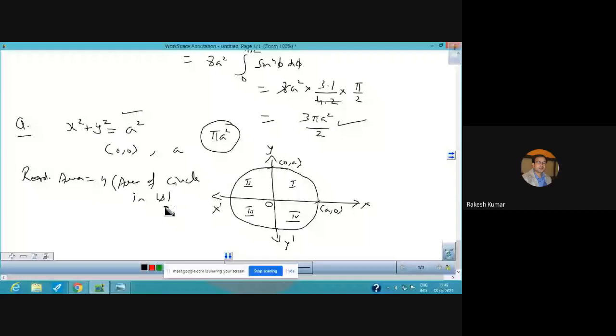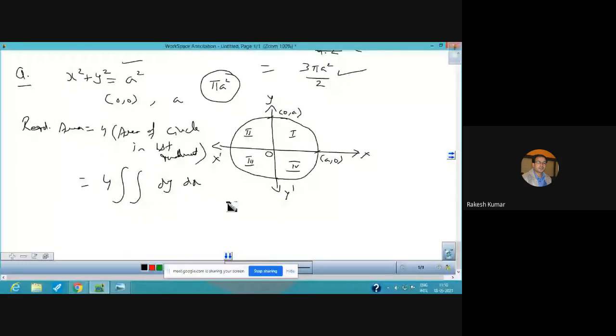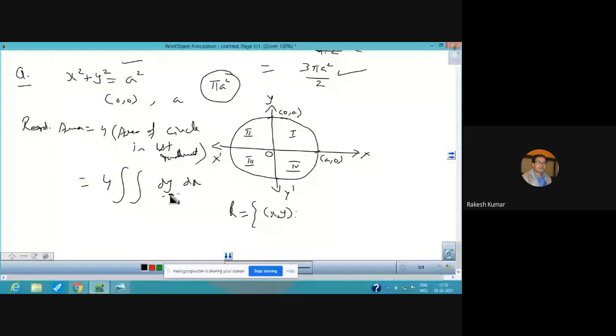So that is 4 times dy dx. Now you can find out the limits of y and the limits of x. So the region of integration R in the xy plane is, find out the limits of y in variable, and for the limits of y we require the vertical stripe. So we are to find out the area of the first quadrant only, और उसको हमने 4 टाइम कर दिया, इसलिए हमारा सारे का सारा एरिया आ जाएगा, बिकॉज हमें टोटल एरिया चाहिए.